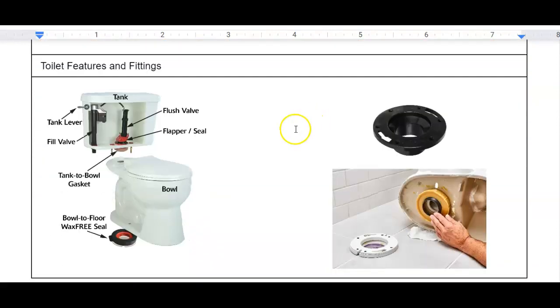So toilet features and fittings. Now, I don't know how many of you have taken the top off your tank for your toilet. It's pretty smart the way these things are put together and how it fills the bowl. So we're all familiar with the idea, push down the handle. And what happens when you push the handle down